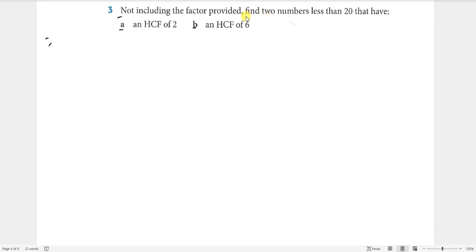So the first thing is find two numbers. That means you have to find the combination of two numbers, and those two numbers must be less than 20. That is the second part of the information. And the third part is not including the factor provided. It means